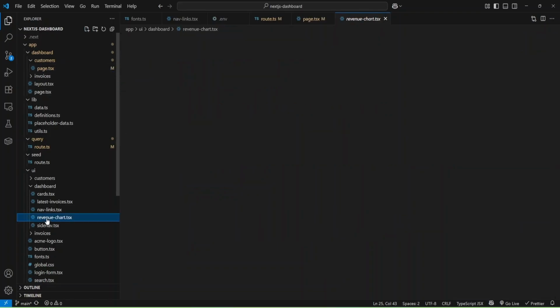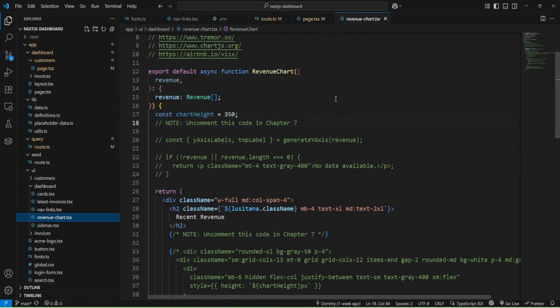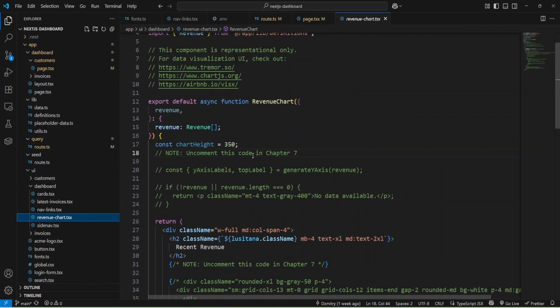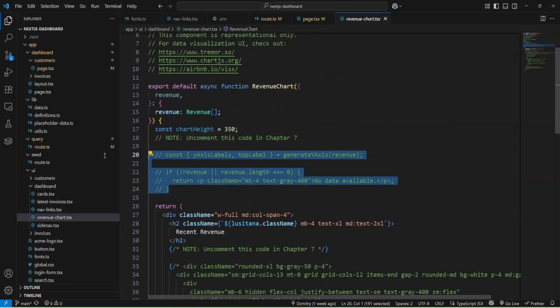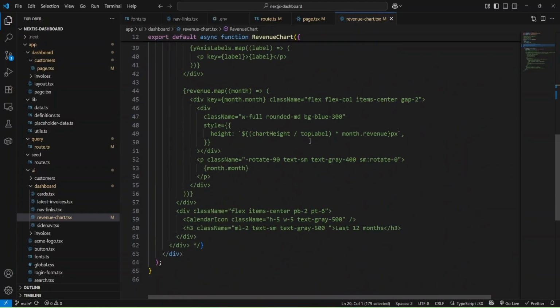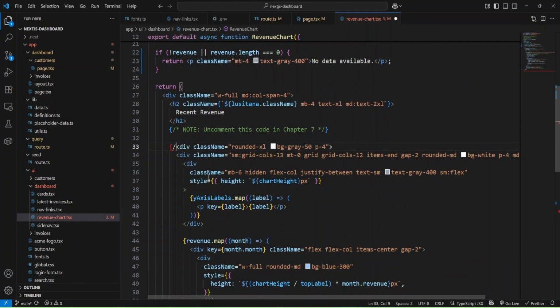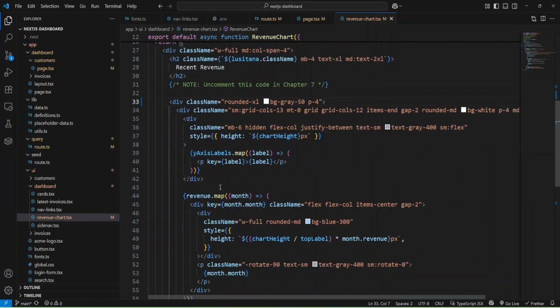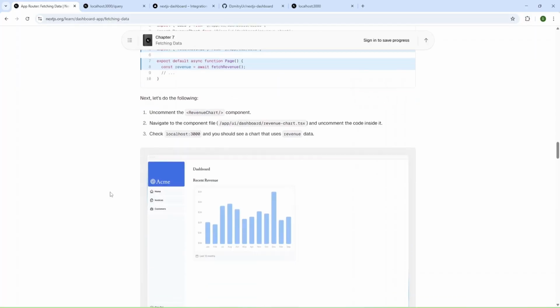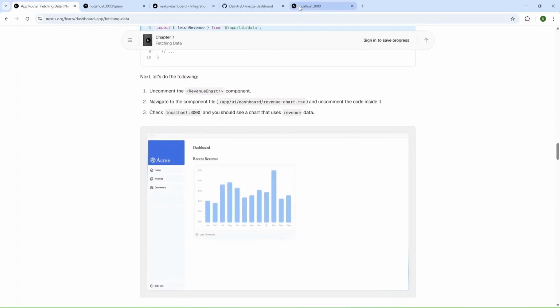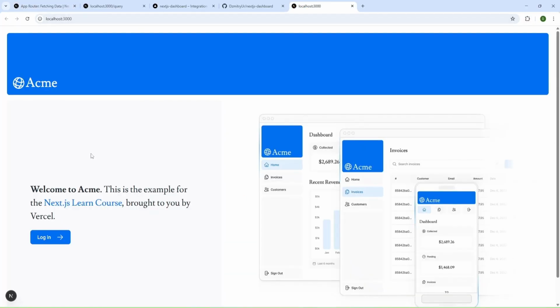Okay, I opened it, and we need to uncomment the code. Okay, here probably, and also here. I'll remove these comments, and let's check. And now we can go to localhost and probably dashboard.